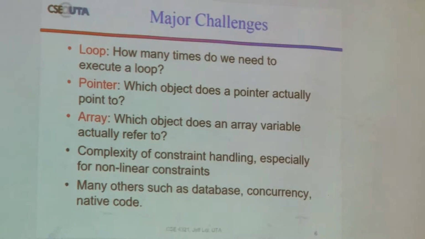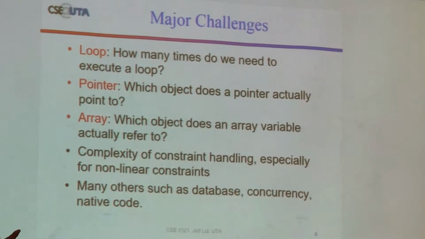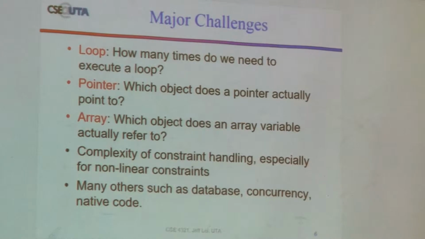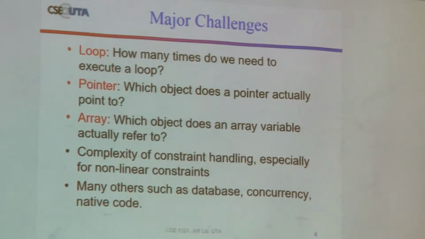An array, I guess to some extent, an array is a pointer, right? Like you have an array with an index I. You don't know the value of I at compile time, right? You don't know what value I is. So you do not know which object you actually point to. And imagine if that object is involved in the conditional expression, you have to rewrite that one in terms of the external variables. There's no way for you to figure that out, right? You do not know which object